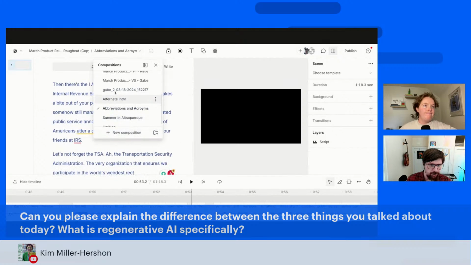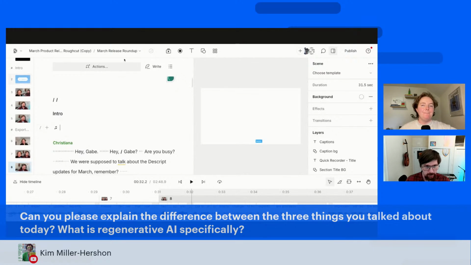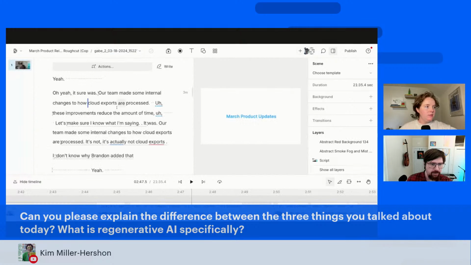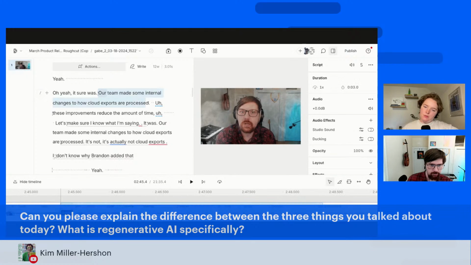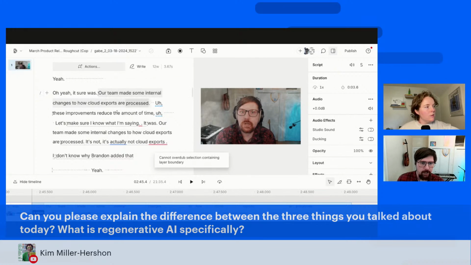different versions of regenerate. So if you have a project that you've already worked on, it is a recording. And let me go to the single speaker one because that makes the most sense to me. So if I have a single speaker file, I can do several things. So one, I can overdub using one of my shared voices, whether it's me or a clone of a colleague. Overdub.